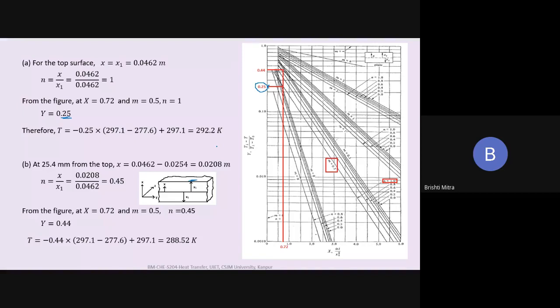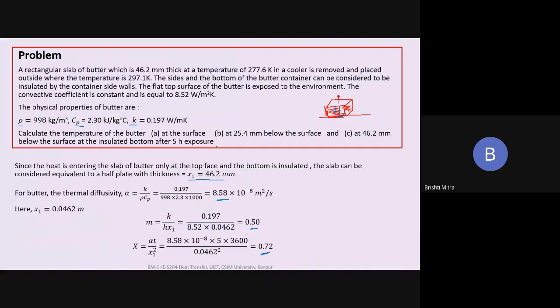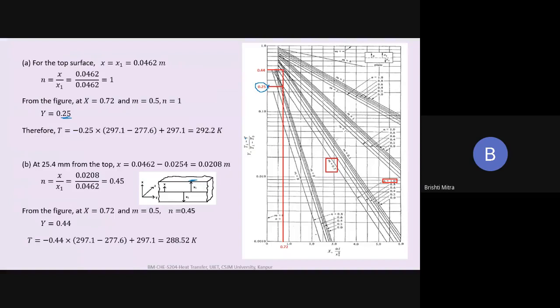Now, the next part was that this was at the surface, and the second one was 25.4 millimeter below the surface. So 25.4 millimeter below the surface was in this direction. So 25.4 millimeter is out here. Okay. So since my x is going in the opposite direction to this,